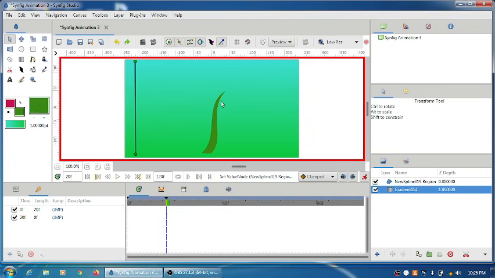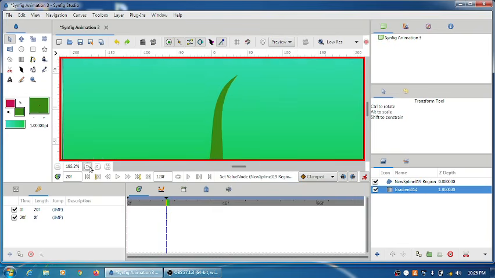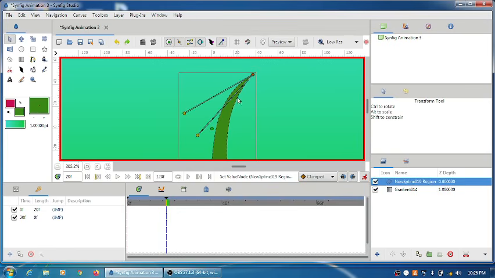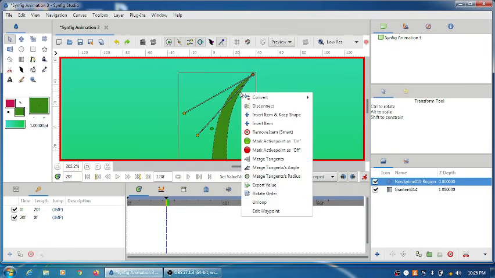Okay, so now I'll just zoom in on the top of the stem, and here I'm going to add a vertex by right clicking on the path of the stem.